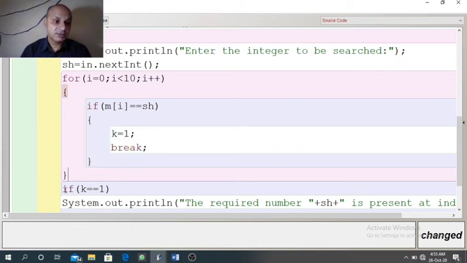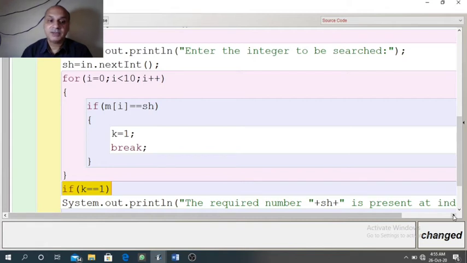So when the search is over, control will go to the if statement. In the beginning I told you k is an indicator which tells the computer whether the element is present or not present.